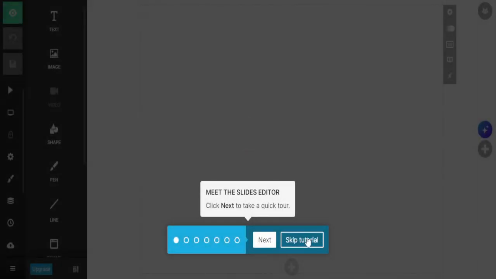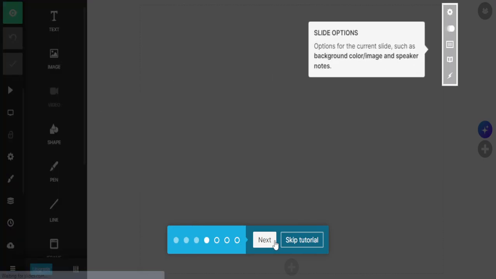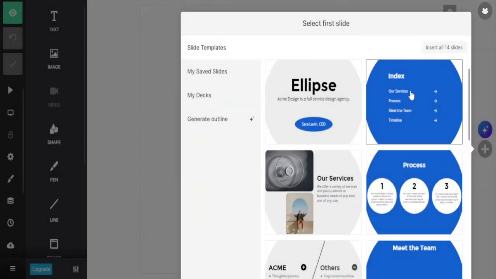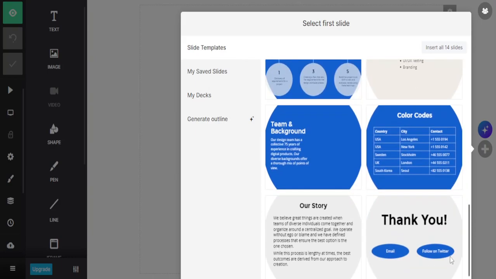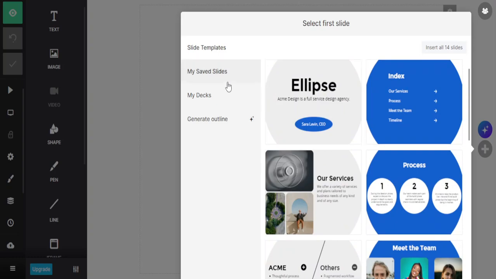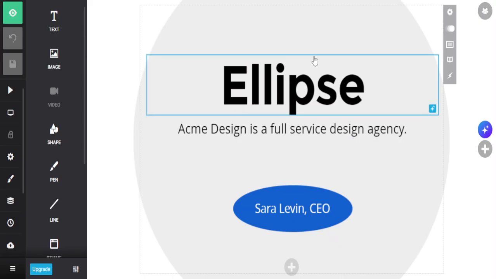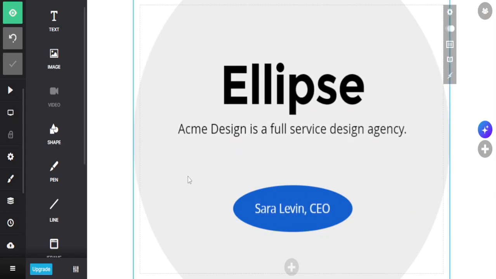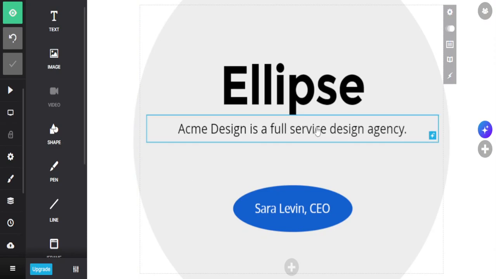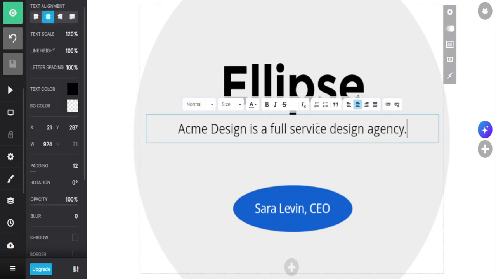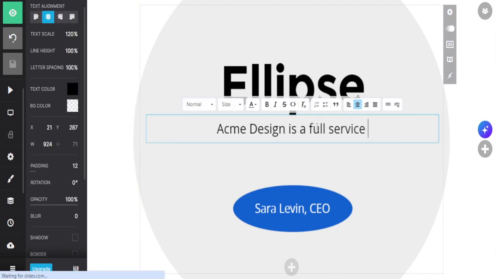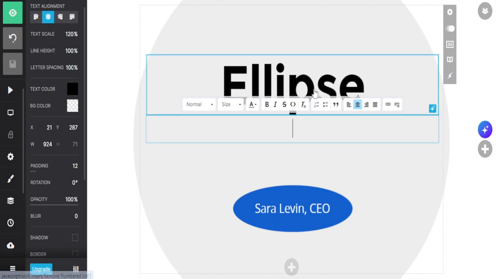Now we just wait a second, and now we can do a tutorial. Let us see all the things, and now we can select our first slide. In my opinion, the first slide most appropriate is this one because it symbolizes the eclipse. And yeah, so here guys, you can edit the text, like you can